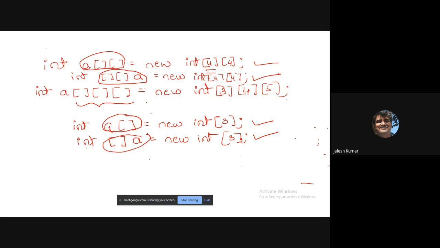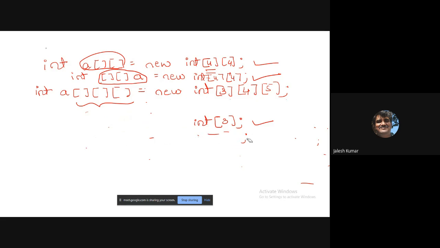Please remember, bracket, not like other languages, not here. When you are declaring there, you can write it before or after. Both are completely valid, because such questions may come in objective type. They may ask different types of array declaration. And one more thing I wanted to tell, that is for your knowledge. See this: int open bracket close bracket n1 n2 n3.